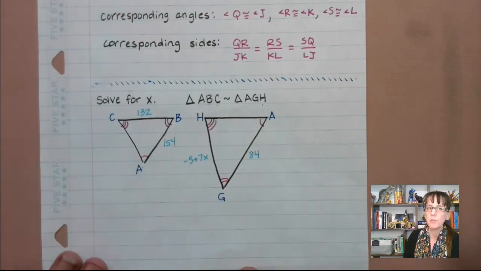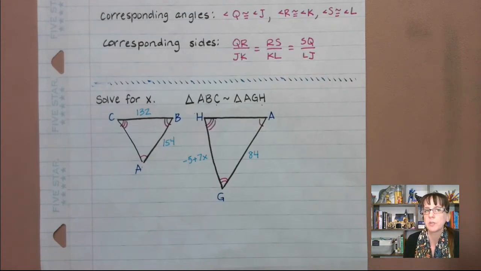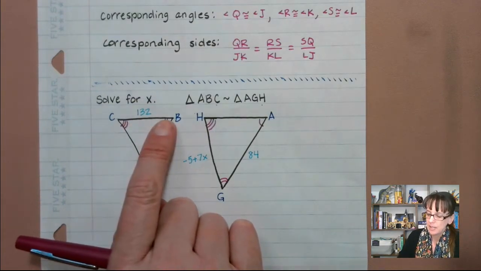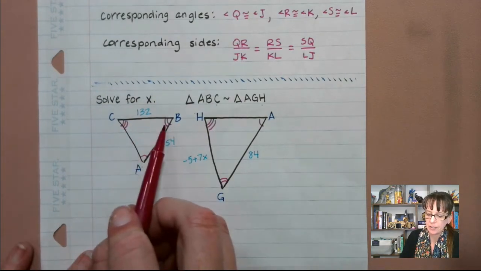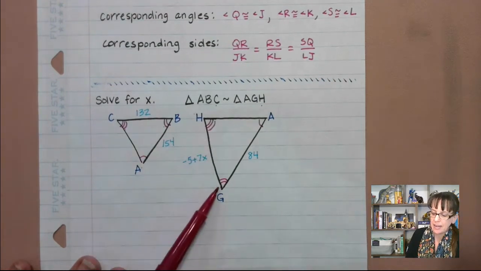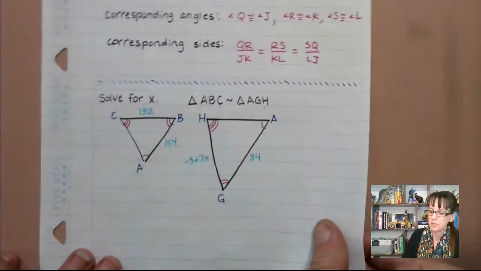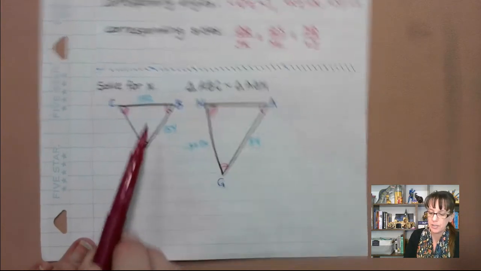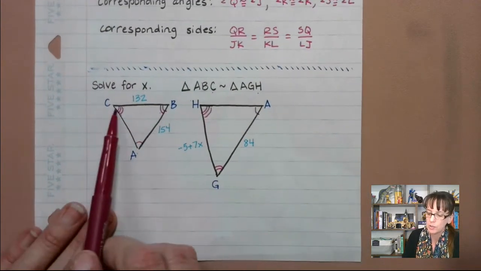Okay, so when we go to set up our proportion, it's really important that we look at that similarity statement to make sure we're comparing the correct things. So I see CB here. That comes between our 3 and our 2. And this GH comes between the 3 dash and the 2 dash as well. So we have